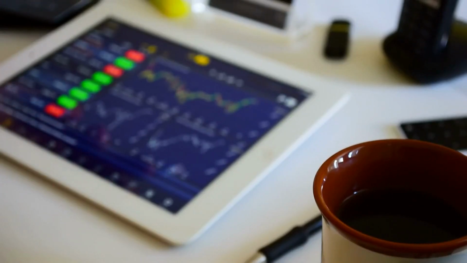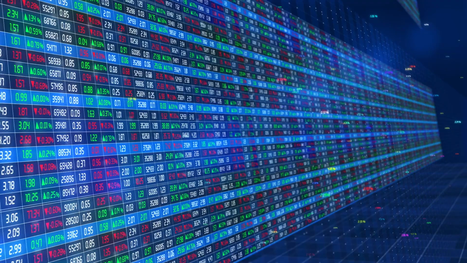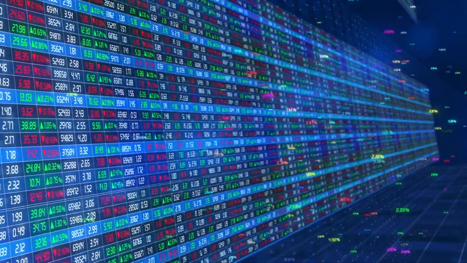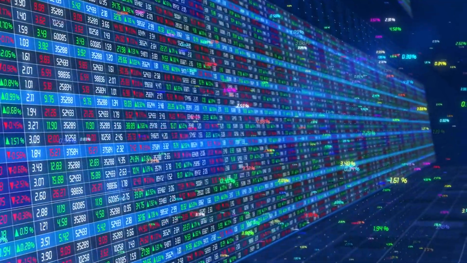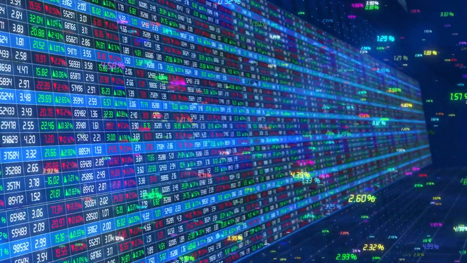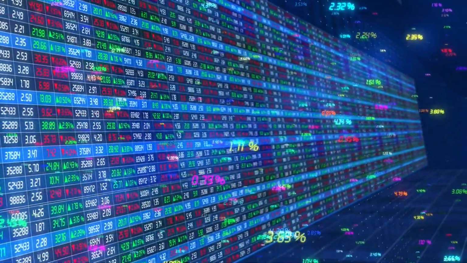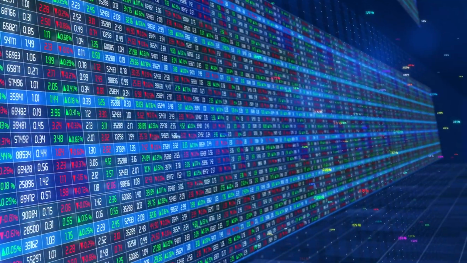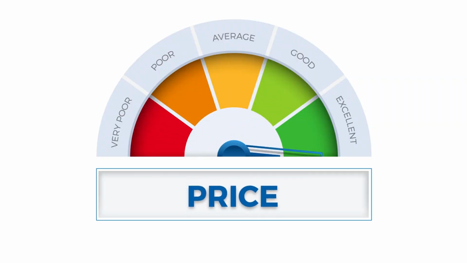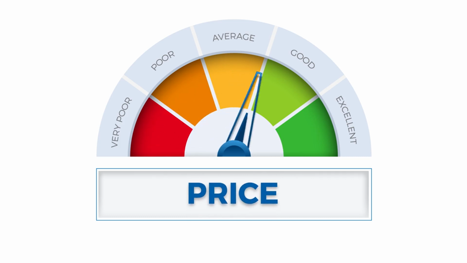The 200-day moving average is a widely used technical indicator in stock trading and investing. It is a moving average that calculates the average price of a security over the last 200 days, smoothing out short-term fluctuations and providing a longer-term perspective on the stock's price trend. Traders and investors use the 200-day moving average to identify the overall direction of a stock's price movement and to